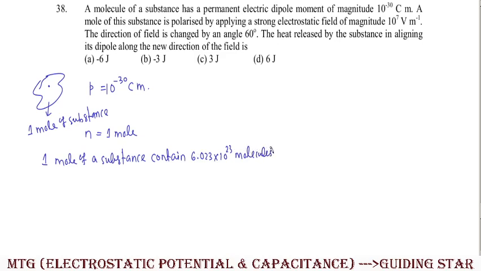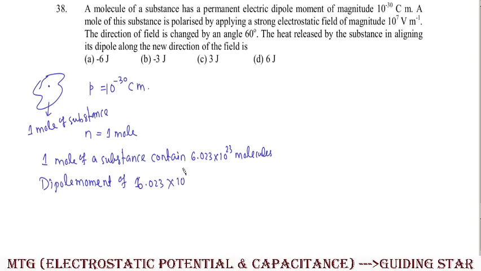Clear? So if that is the case, then what is the dipole moment of all the molecules? The dipole moment of 1 mole of substance, or the dipole moment of all the substance, will be